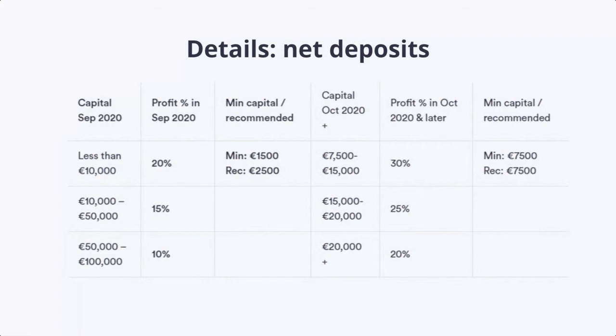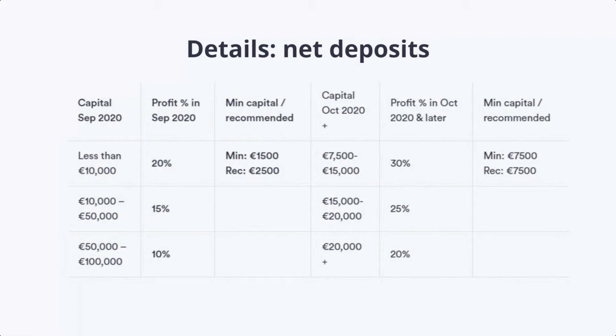With the rental, we advise 2,500, but because this PAM, which is traded through Key2 Markets, our partner broker, has more traders and bigger capital, we are able to reduce the minimum capital. Whereas if you're trading on your own, you don't have that benefit. But that's only valid for September. If you join in September, it's 20% and the minimum is 1,500. So there are great benefits to joining in September.